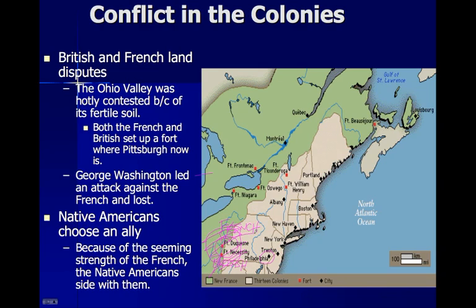The French seemed like they had a stronger position, and also the French sort of fell more in line with the Native American ideals, because they did not necessarily create settlements like the British colonists did. They kind of set up forts and used the land, but didn't necessarily want to create whole colonies. So the French and the natives decided to fight against the British. Now, when this was going on,